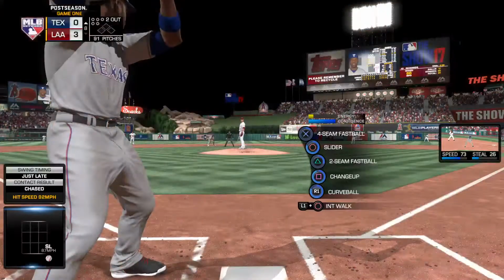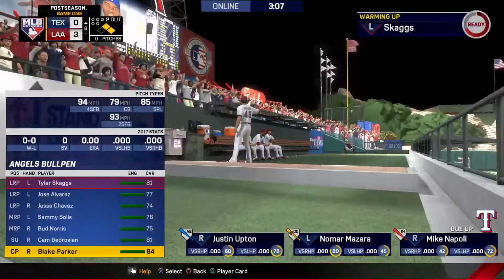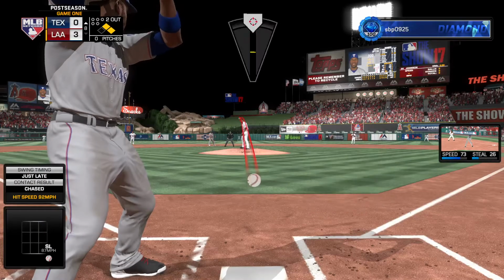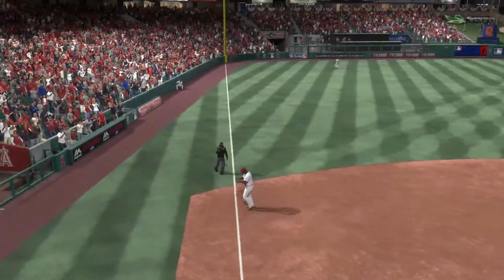Here's Justin Upton now. And a big at-bat in this one. 2 on, 2 away here in the 8th. Jim Johnson trots in from the bullpen as he inherits a tough spot with 2 on and 2 away. Ready to deliver. Here's the first pitch. Now a ball hit sharply toward third. Right at the...